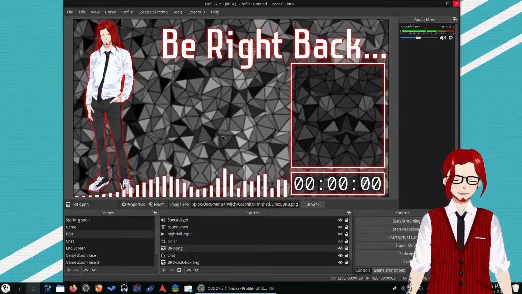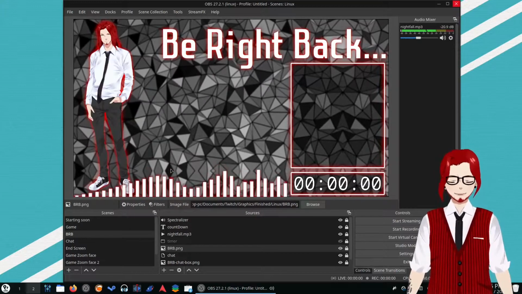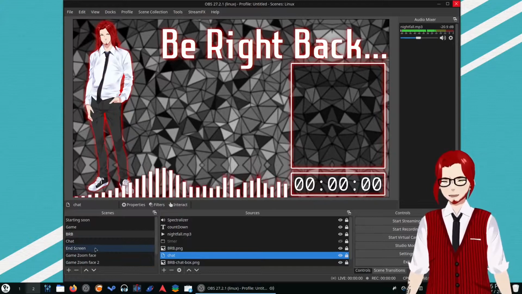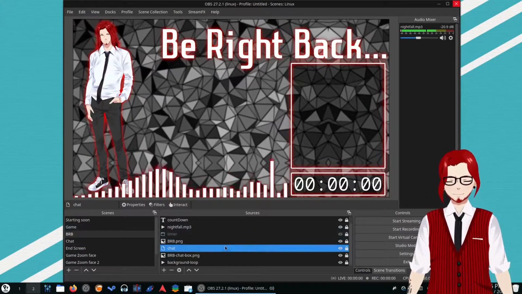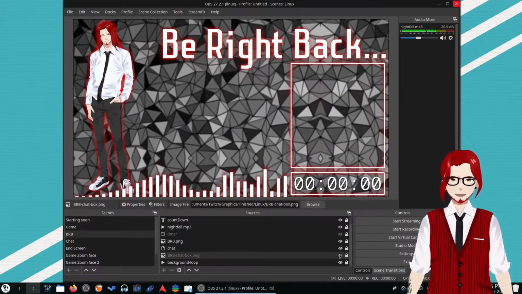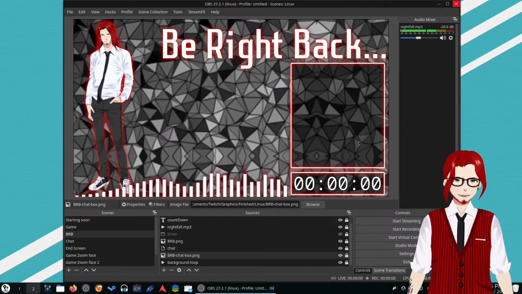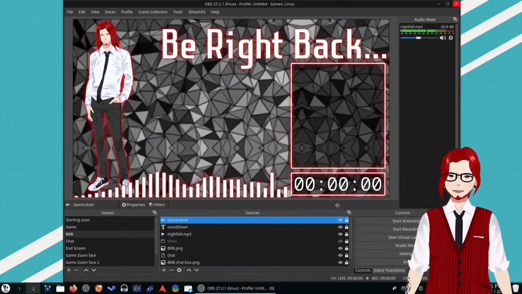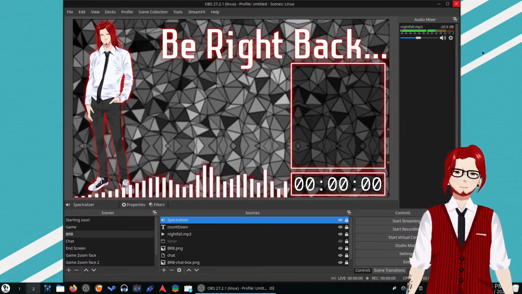I just added glows to stuff in GIMP by adding a red border and just blurring it on a separate layer. And the chat source, it's the same chat source from the game screen. The be right back chat box, this is another one of that same idea of just, I made the background black and just made it a new layer and exported that layer itself. Now the spectralizer is a plugin. This is to spectralize